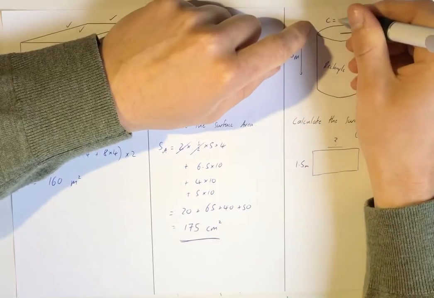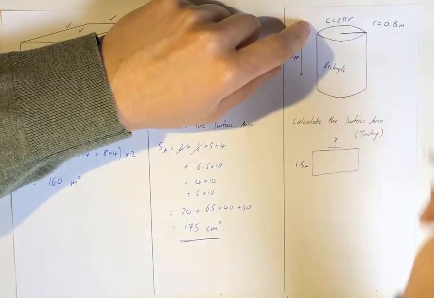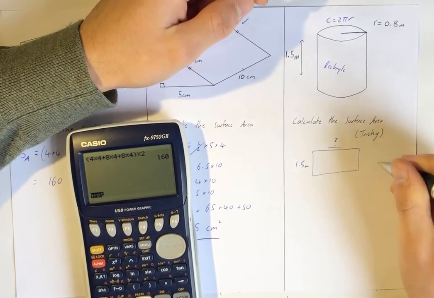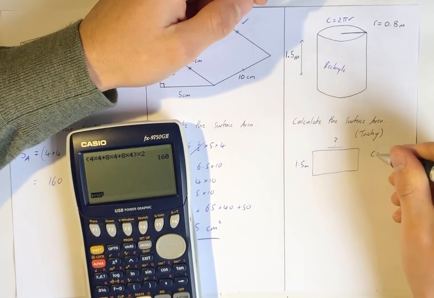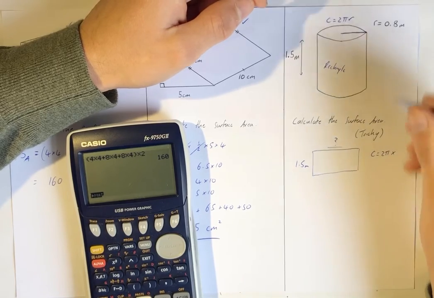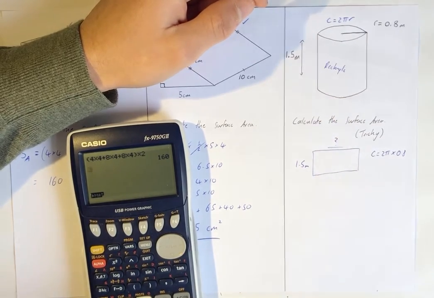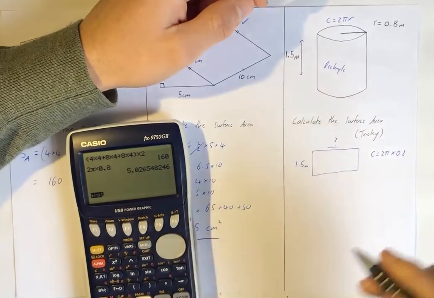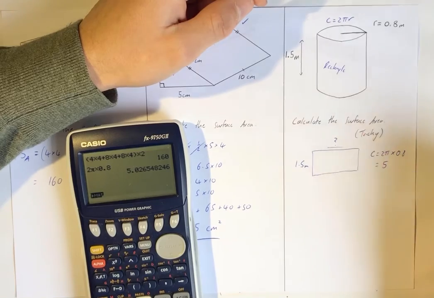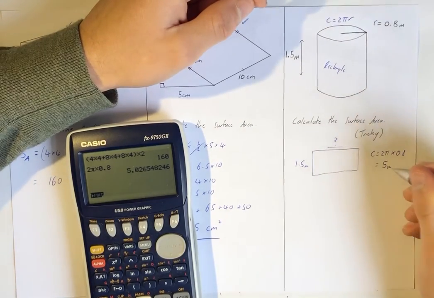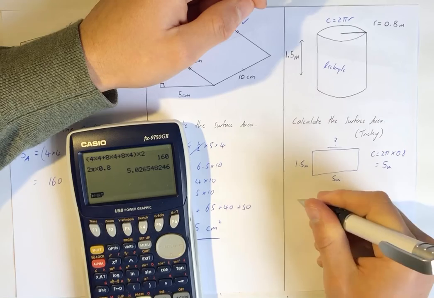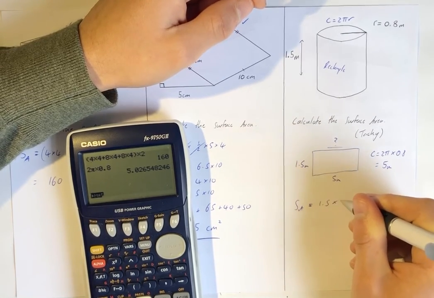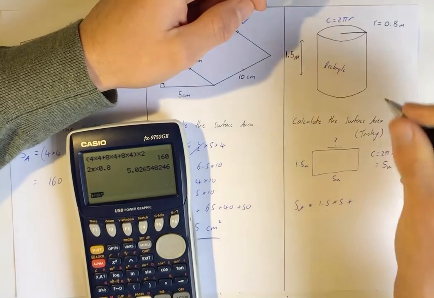So circumference, we all know, is 2 pi times r. So this length here is, let's go, circumference is 2 pi times the radius. So 2 pi times the radius. Well, I'm going to call that 5. That is going to be 5 meters. So this is 5 meters. So our surface area is going to be a 1.5 times 5 plus, now I've got 2 of these circles,